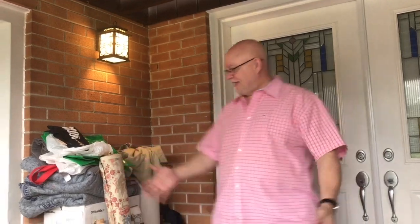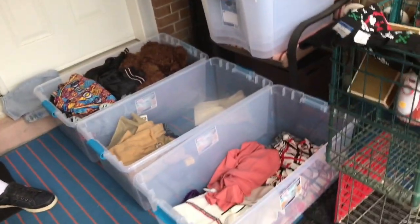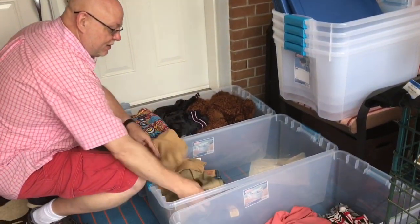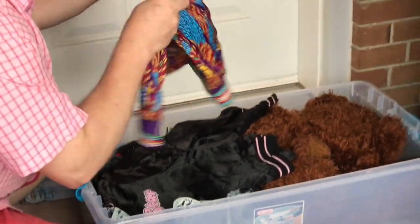This is probably about 30% of what we ended up pulling, and we're just trying to do some sorting. We figured the best way to sort is to spend a little money, so we've bought clear plastic tubs. All of these things are going to have to be washed or dry cleaned, but we thought we'd sort them now to some degree so it's easier to find them later. Some of the stuff we've thrown in already. We found some old tagged GWGs, some Levi's, a kids' Coogi jacket, and some other stuff in here, some funky